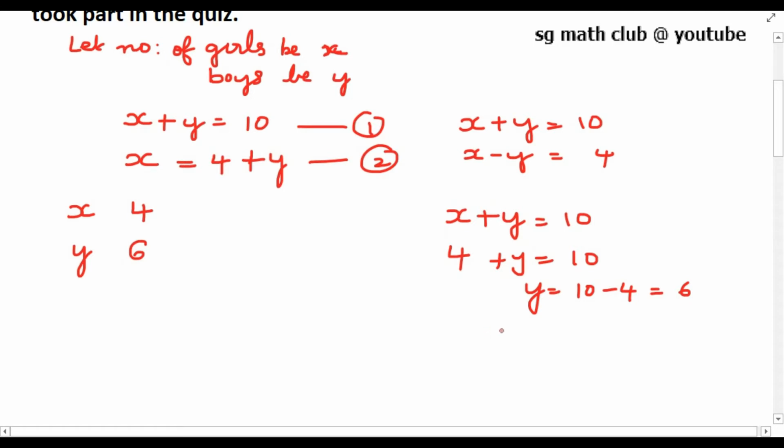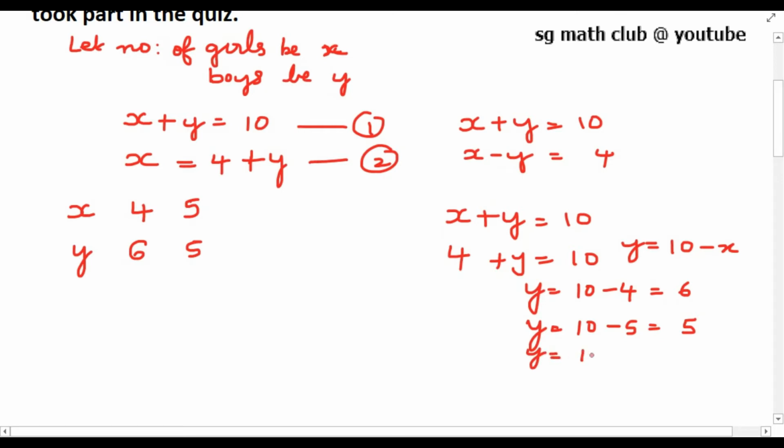Now if I am giving the value 5 for x, what will be the value for y? Again y equal to 10 minus 5, which is equal to 5. So in general we can write this equation as y equal to 10 minus x. Now the values for x you can assign and you can find out value for y.